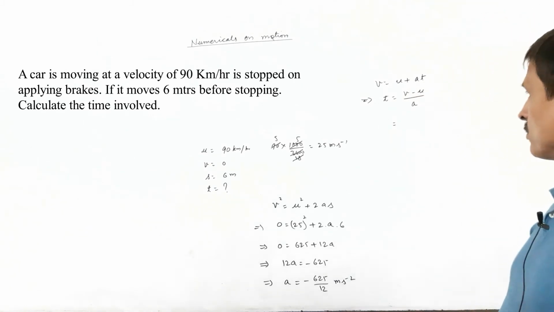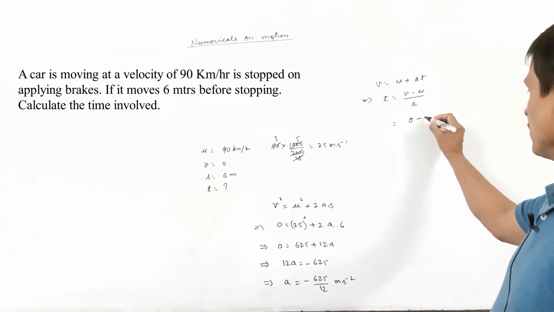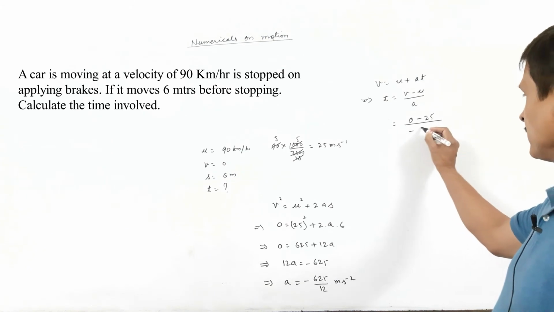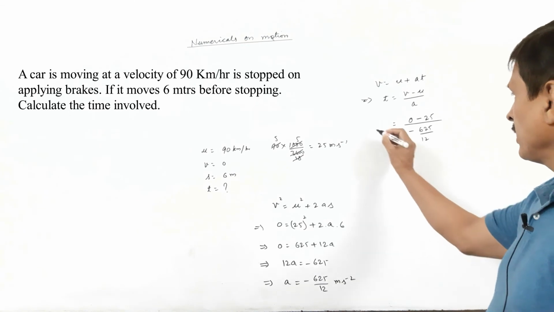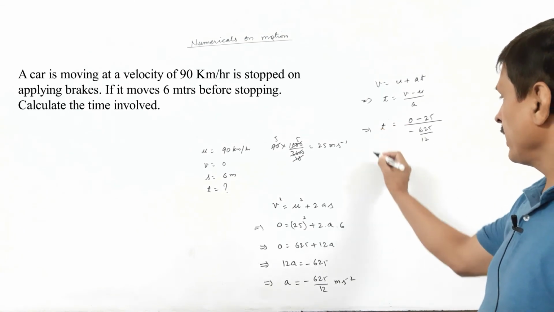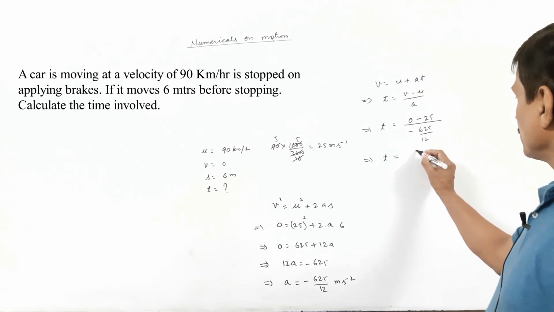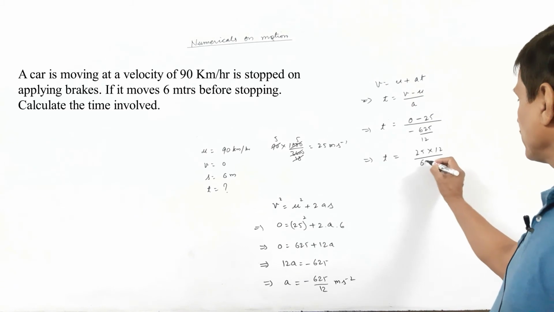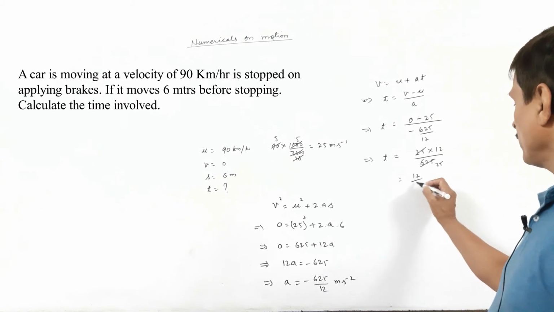So v is 0, u is 25, upon minus 625/12. It further implies t = 25 into 12 upon 625, 25 times, so that is 12/25